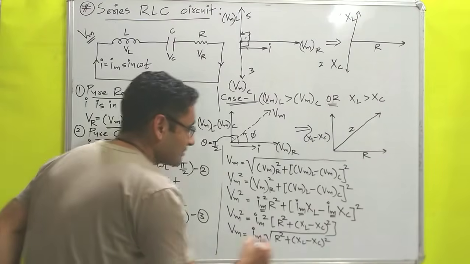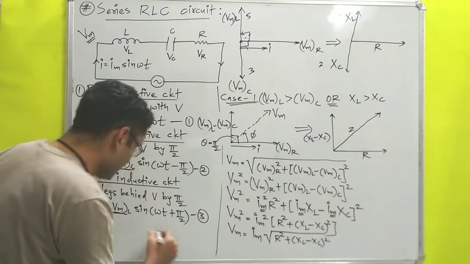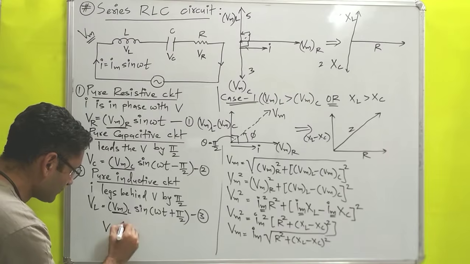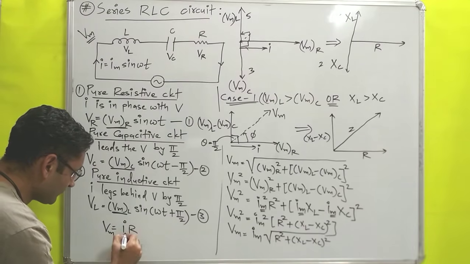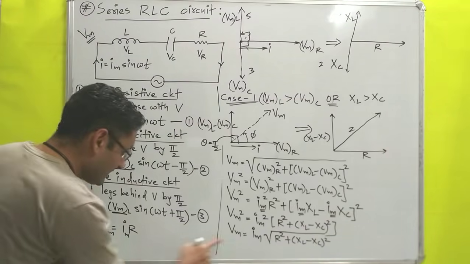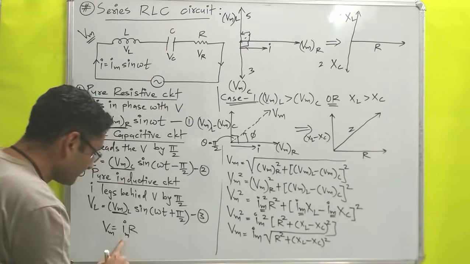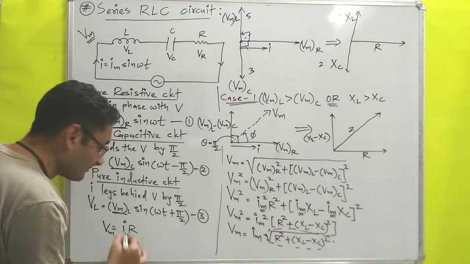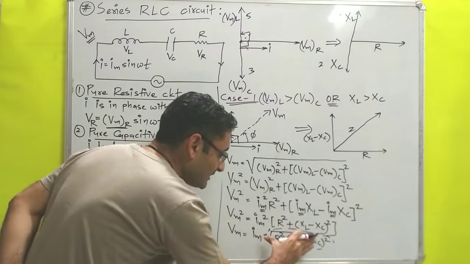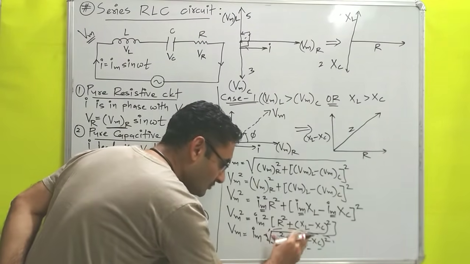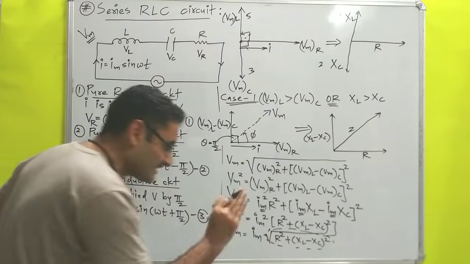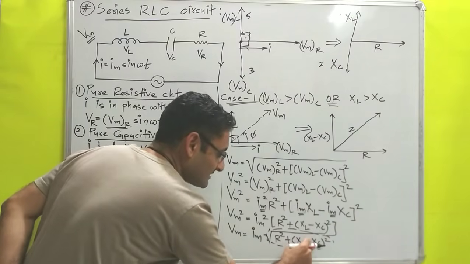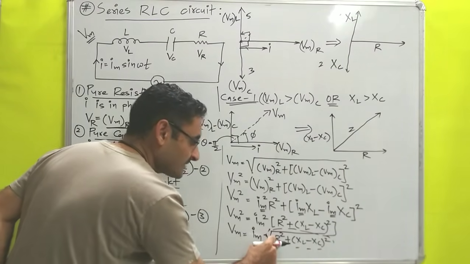Okay, now this equation we will compare with one equation, which one? V is equals to IR. Vm is equals to Im R. So Vm is present, Im is present. So remaining this term indicates what? This term indicates the addition of two or more resistance. That is also one type of resistance, and that is resistance.